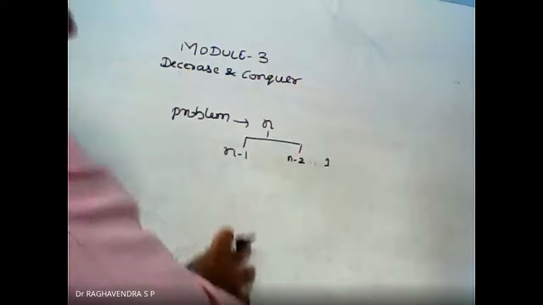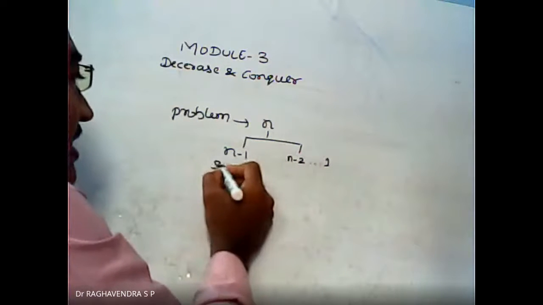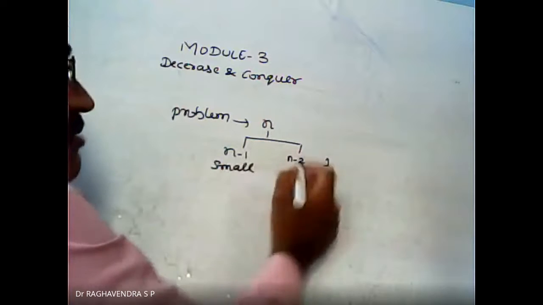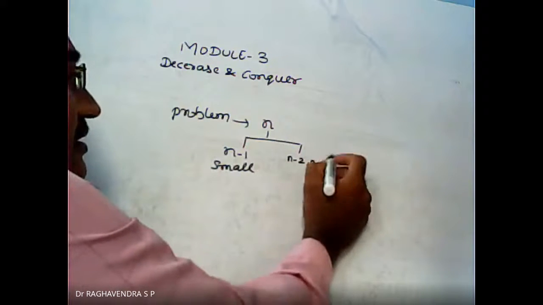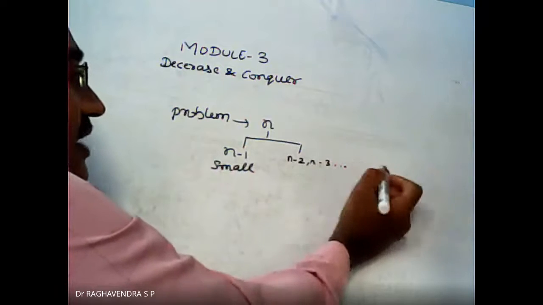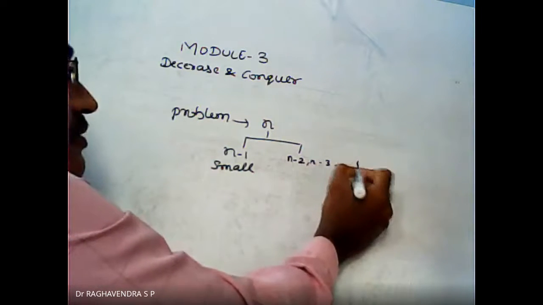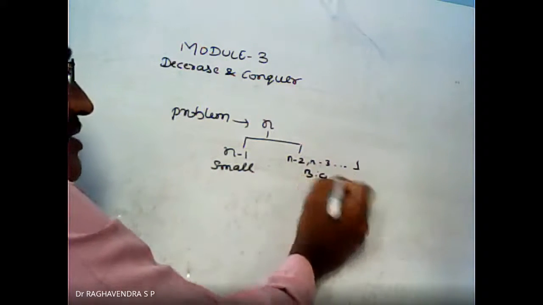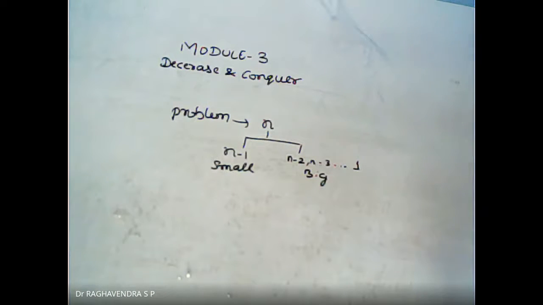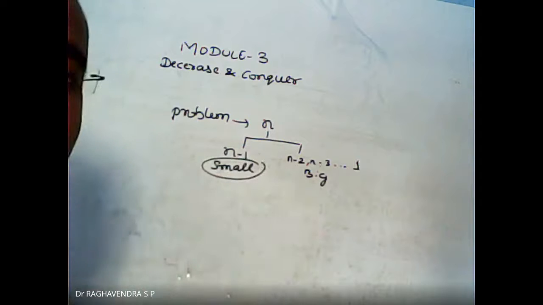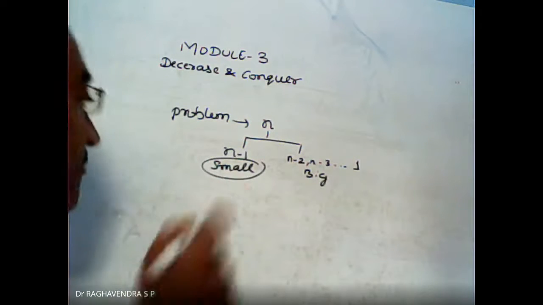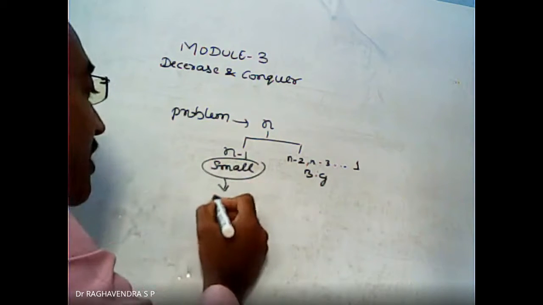This is a small problem, and this is a small problem. It may contain n minus 3, and so on, going up to 1. So this may be a bigger instance. What are we going to do? We are going to solve the smaller problems first. Once you get a solution,